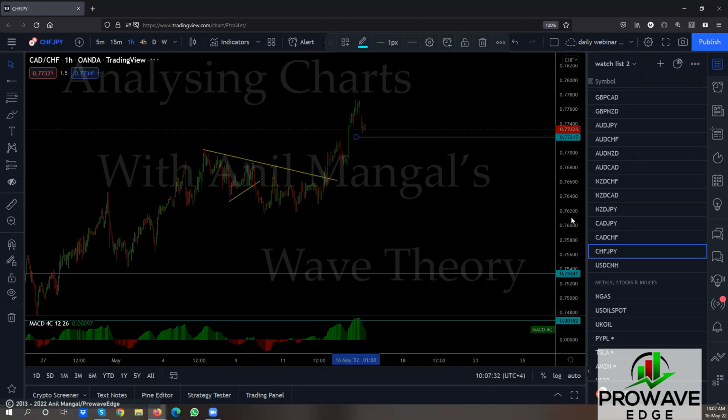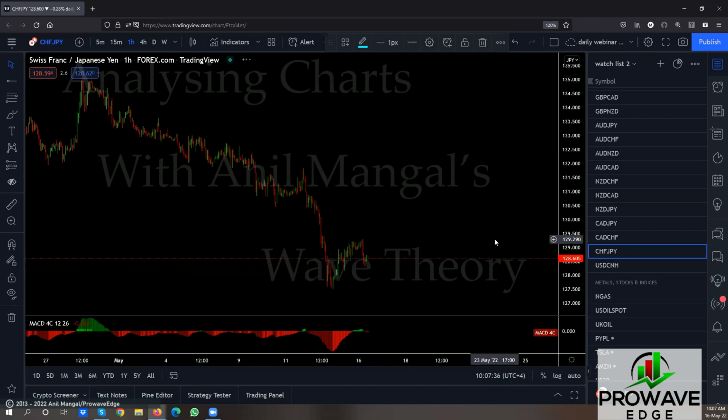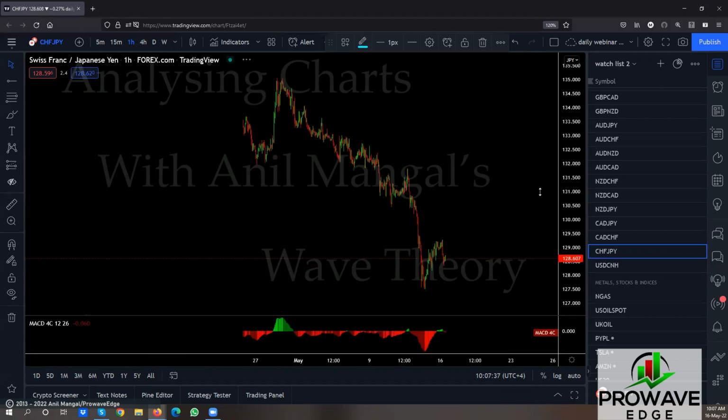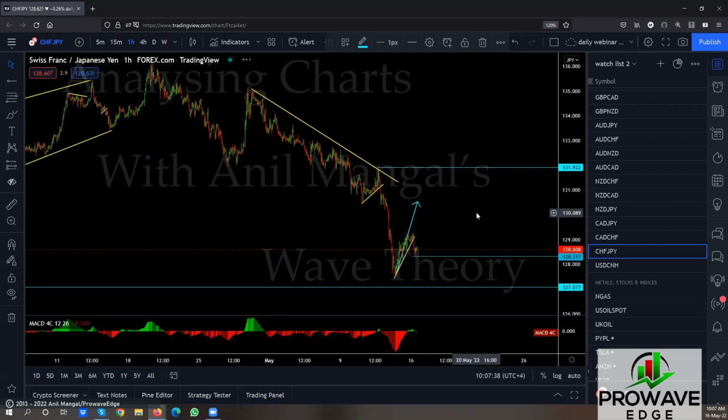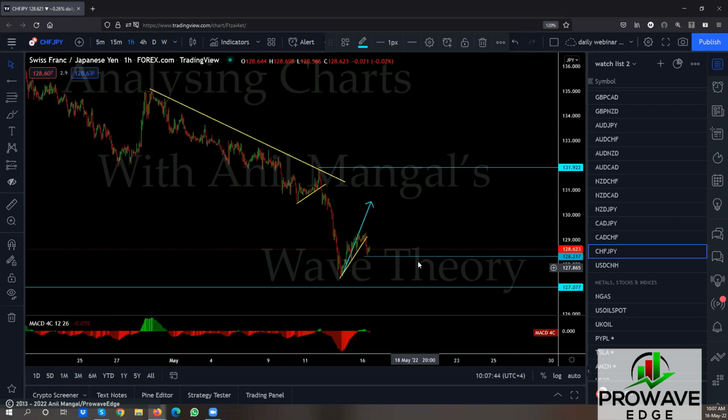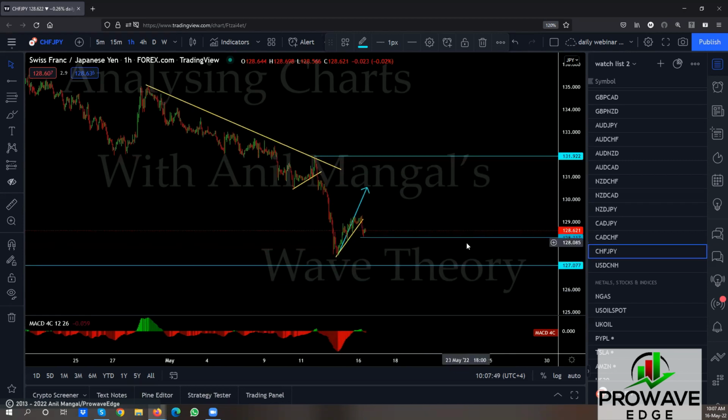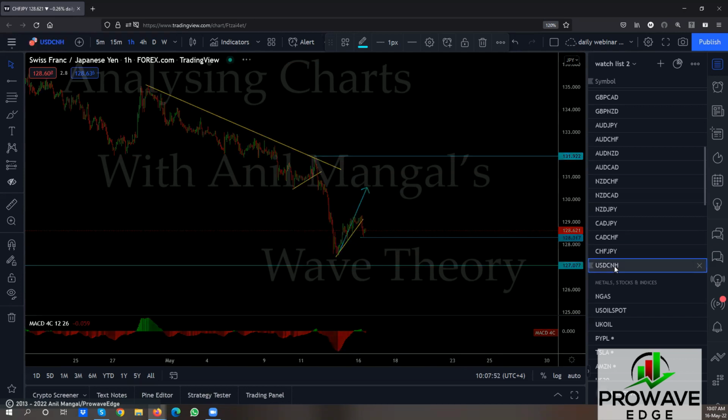Swiss yen. This one is the only one that didn't complete the pattern the way we expected, which is it didn't go all the way to the top. But we'll take the sell still. If it gives a sell setup here, we'll take it and then we'll manage it from that point, see how far it goes, right? And finally,